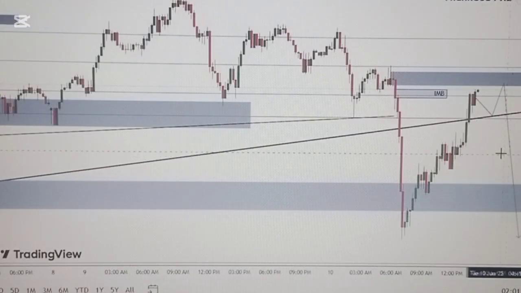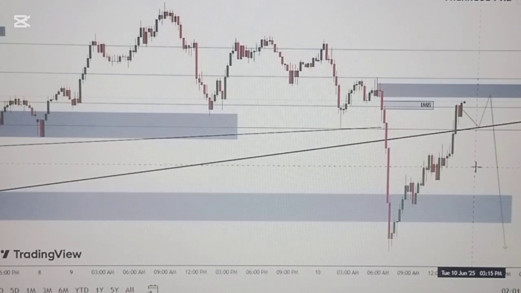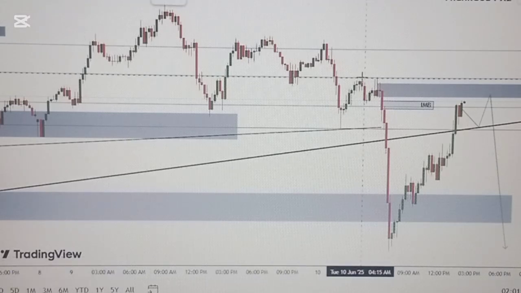So let's clearly analyze this market. If it works for us, it works. If it doesn't work, then we know it doesn't work. So let's check out this. Already this supply, the market has cleared